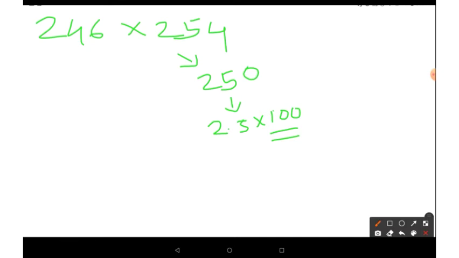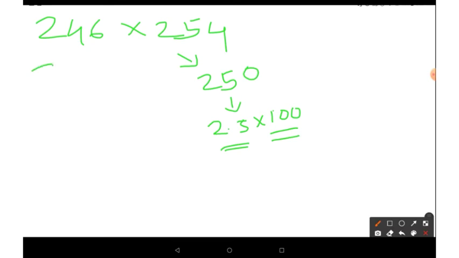Then what you have to do is, when you add that deviation part, you have to multiply that part with the 2.5. So let's see the example. We are taking 250 as the base, and 250, you know, is 2.5 into 100.